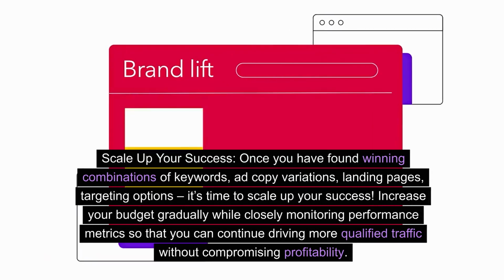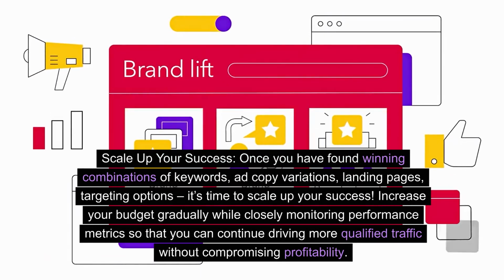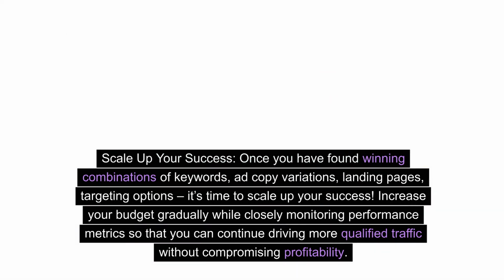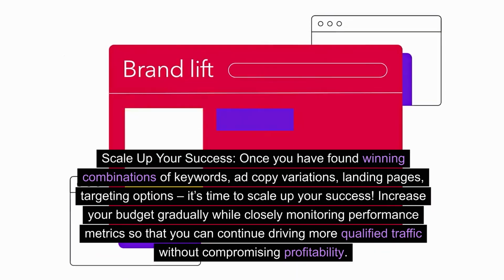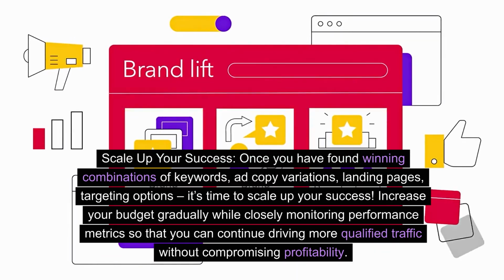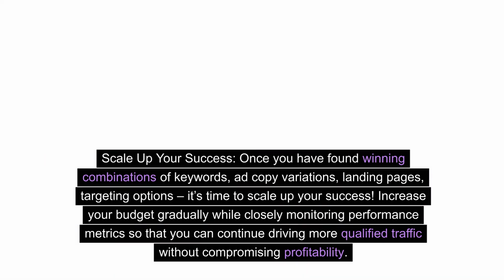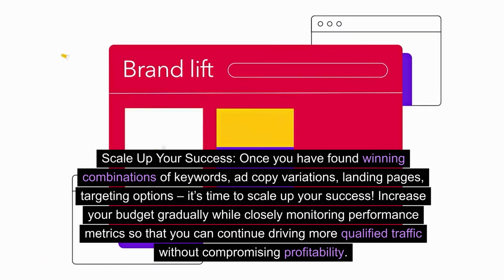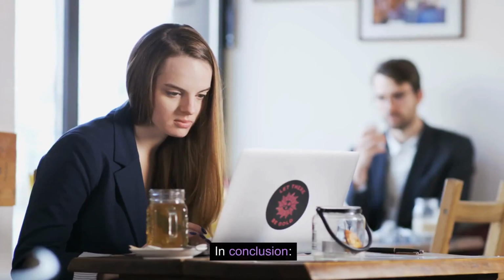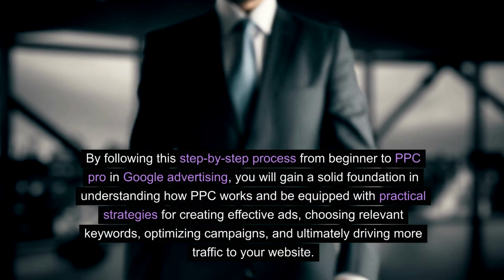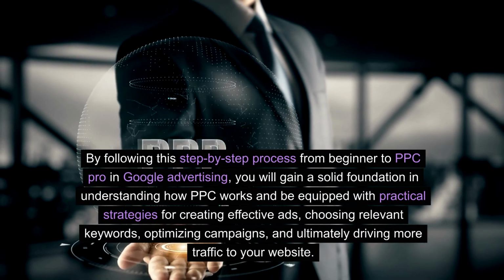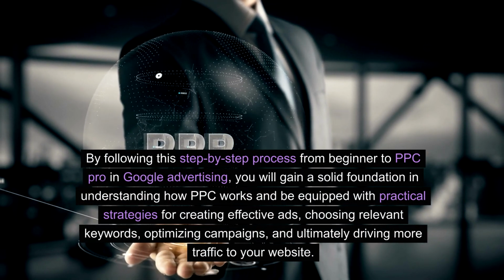Scale up your success. Once you have found winning combinations of keywords, ad copy variations, landing pages, targeting options, it's time to scale up your success. Increase your budget gradually while closely monitoring performance metrics so that you can continue driving more qualified traffic without compromising profitability. In conclusion, by following this step-by-step process from beginner to PPC pro in Google advertising, you will gain a